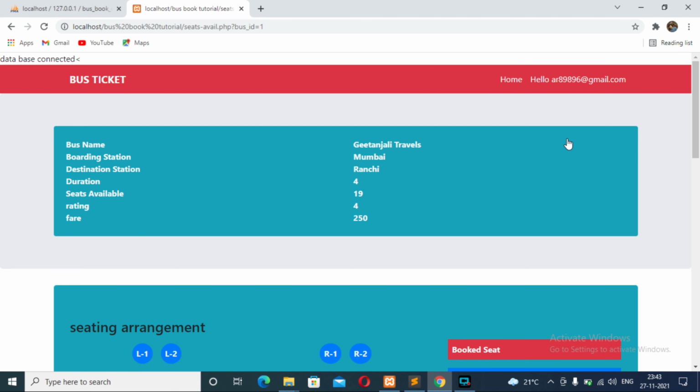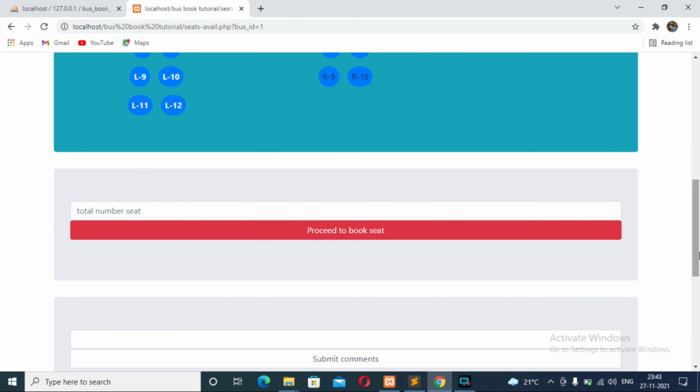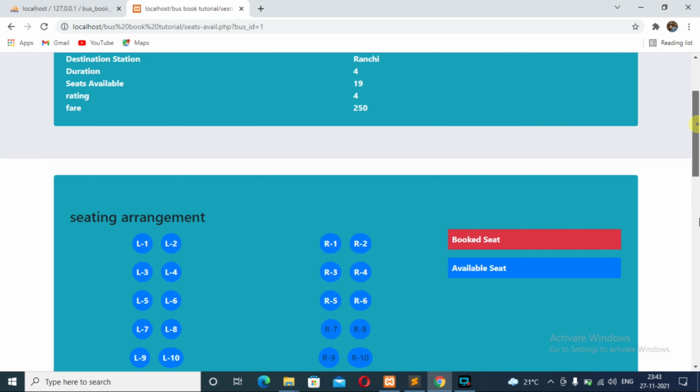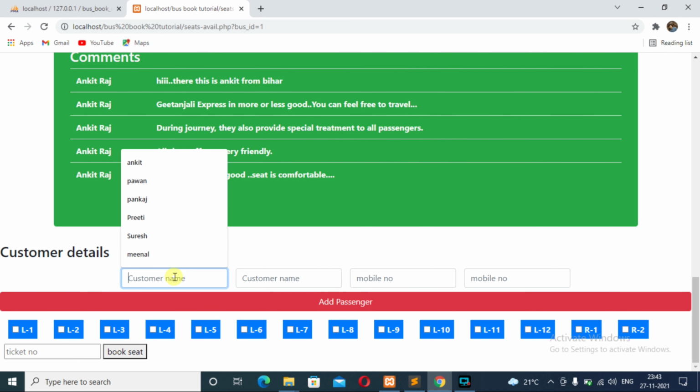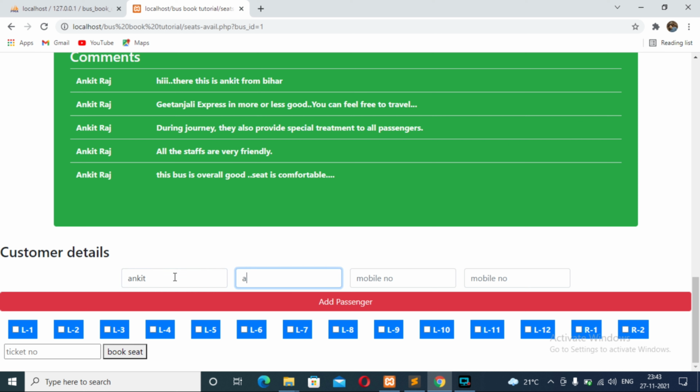So I am booking in the Gitanjali Travels bus. Here type 2 and proceed to book seat. Provide 2 different random names as well as mobile numbers. So I am giving 2 different numbers, and my mobile number.